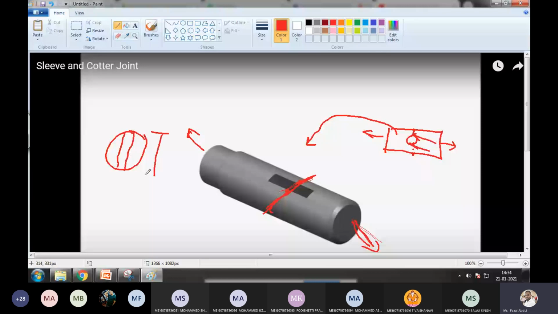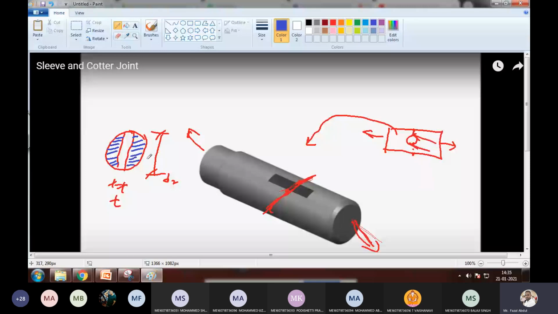Now this is the diameter d2. Okay, now this is the slot thickness, nothing but quarter thickness t. Now which area do we have to consider? The area we have to consider here is this area, the failure area. Are you getting my point, Babu? Okay, this area we have to consider.